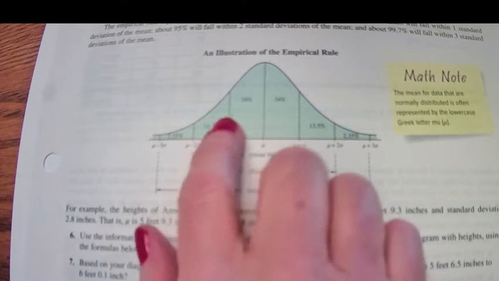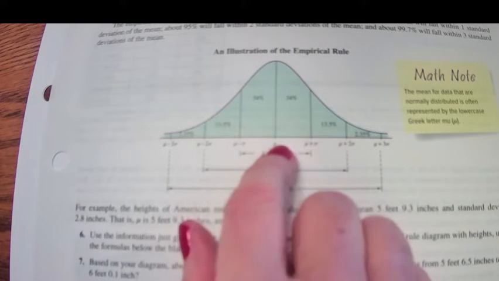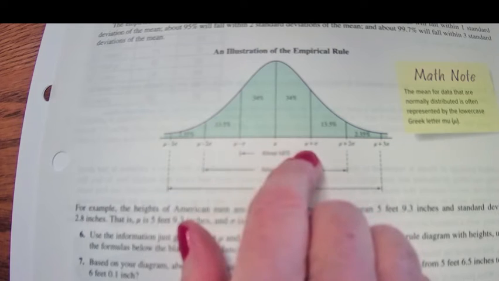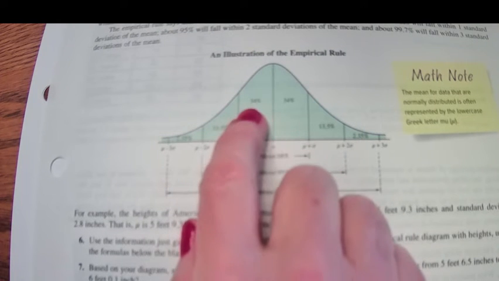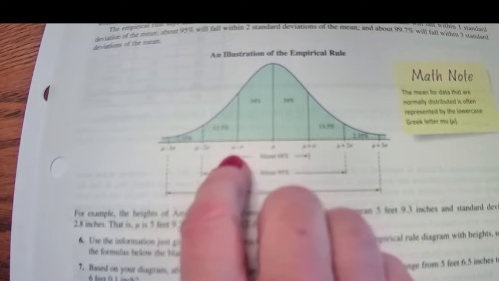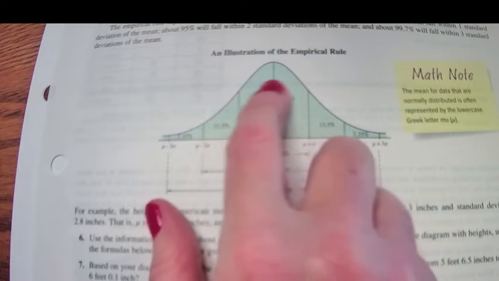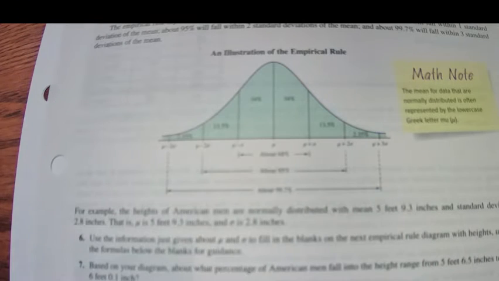The empirical rule says that 34% of the data will fall between the mean and 1 standard deviation above. Another 34% of the data will fall between the mean and 1 standard deviation below. So 68% of all the data values, if it is a normal curve, will fall between 1 standard deviation above and 1 standard deviation below